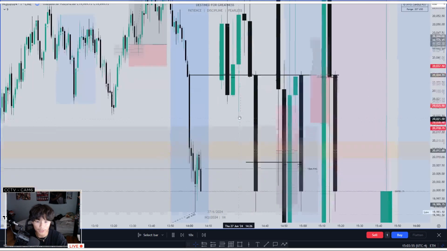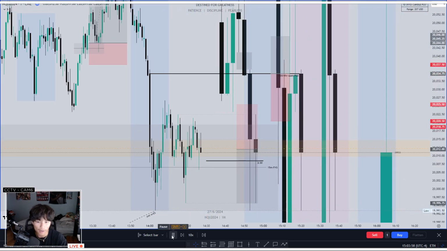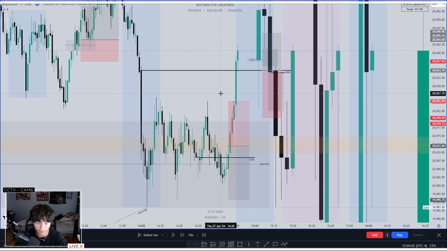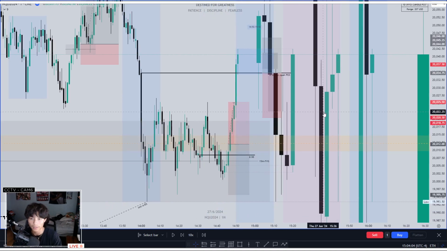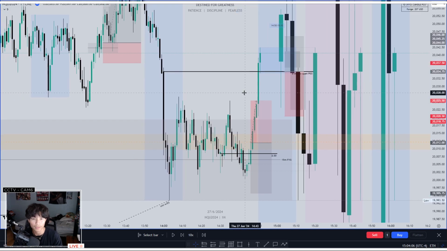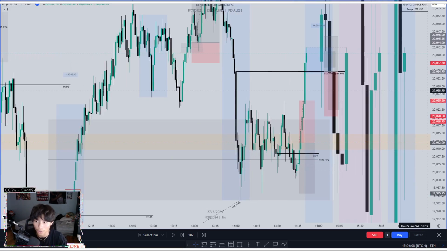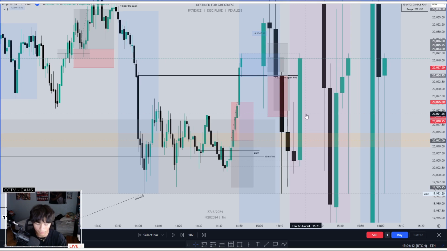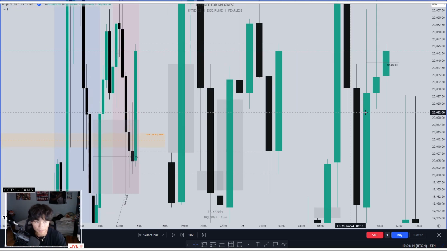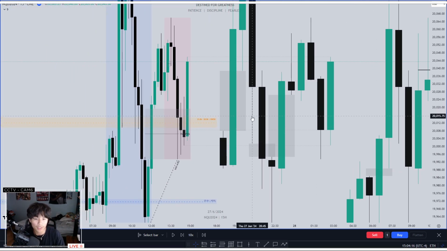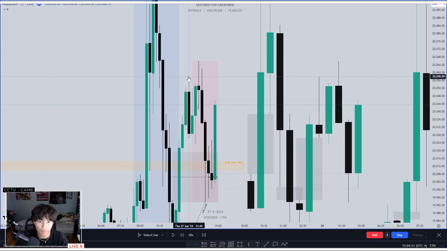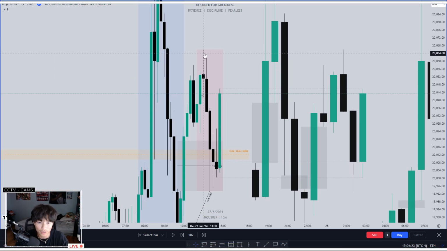My second trade of yesterday was right here. I believe it was based off the 15-minute time frame. So I noticed here, after we took out that swing high from the previous trade, we started displacing lower on the 15-minute time frame,